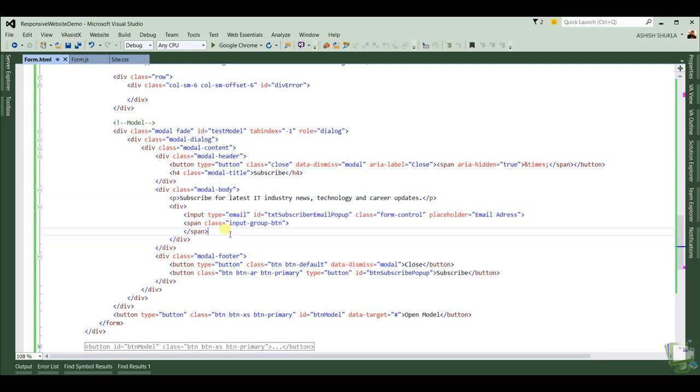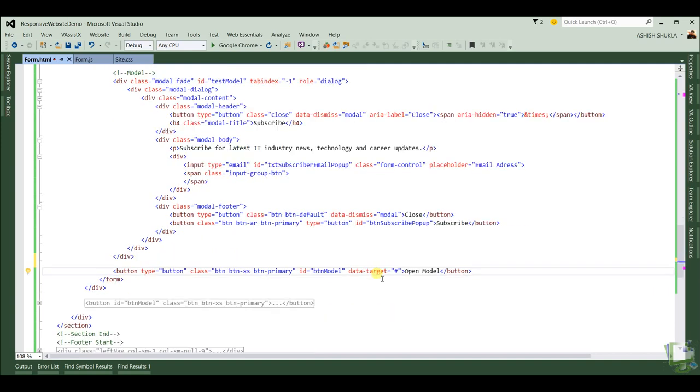Inside the modal body I have created some content, and I have also added one button to accept the input from the user. Inside the modal footer I have added two buttons, one to close the modal pop-up and another button to subscribe.